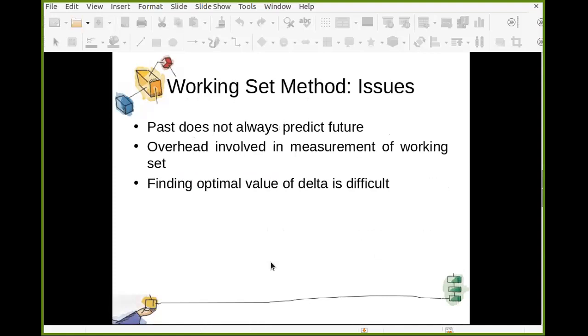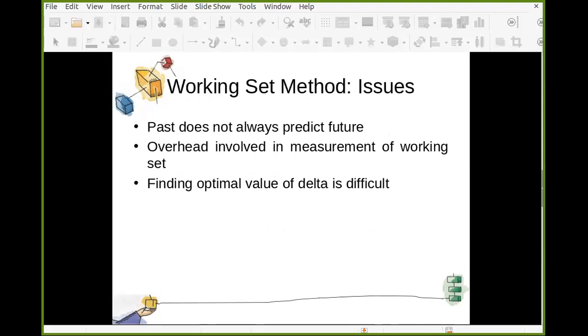So what are the issues with the working set method? Past does not always predict future. Basically, what is the working set method? At a particular instance, you check which pages were referenced in the past, and you keep those as part of the working set. Your resident set must contain those working set pages.